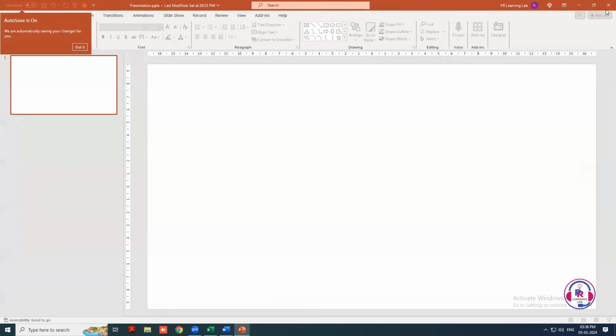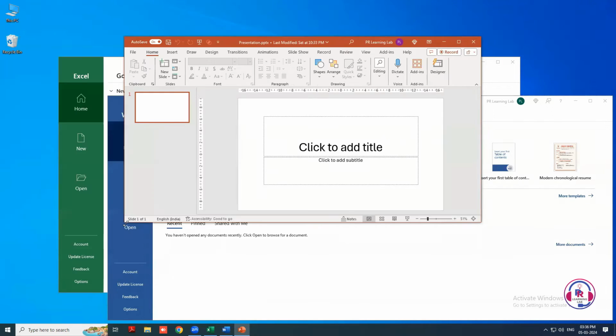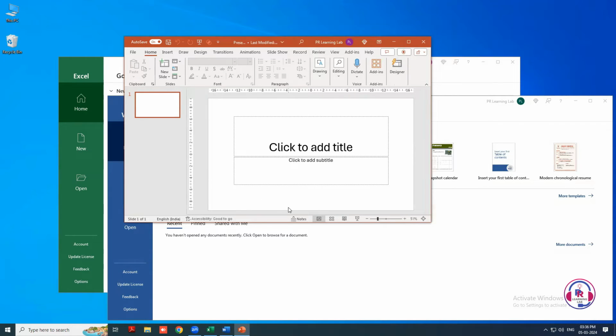In Windows 10, resizing windows allows you to organize and manage your workspace more efficiently. Whether you need to maximize a window for full-screen viewing or adjust its size to fit alongside other windows, Windows 10 offers intuitive methods to resize windows to your liking. Let's explore these techniques together.